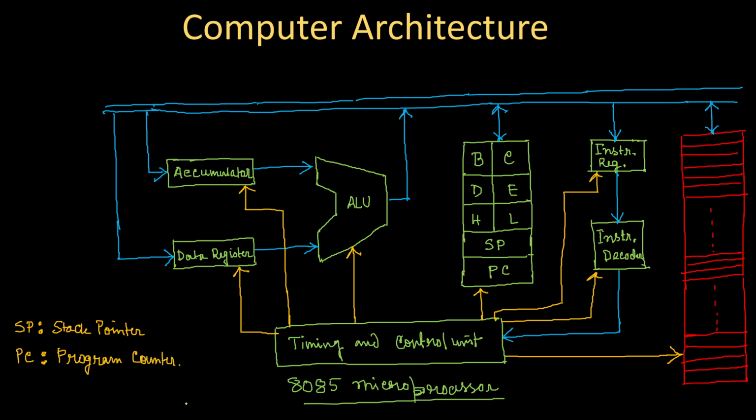So now what is the purpose of this program counter? We all know it stores the address of the next instruction. So just assume a situation where, at a particular time, a set of instructions is stored in this RAM. Obviously when you write a program and try to execute it, before executing, what happens?